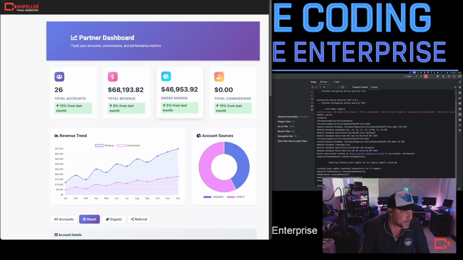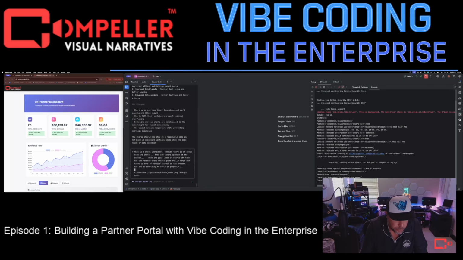I don't like that spacing. It's like there's a missing navigation here, and we don't need a navigation. I want it to fill it up. So I'll just change broken chart to broken UI. I want the page to fill the screen. Okay, and then tell it to analyze broken UI.